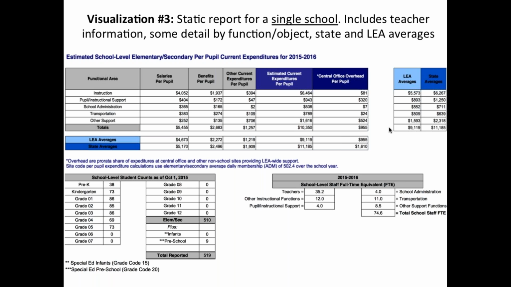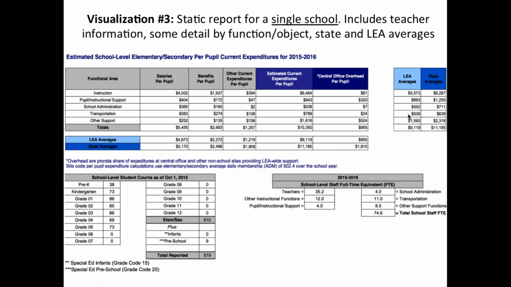But let's take a look at some of these questions. So this one's a single school, right? So it doesn't show all the schools in the district. However, it does give you the LEA average. They're up in the corner, and it gives you the state average. So there is a little bit of what's going on at other schools. So the first thing I would point out, though, how much does my school spend per pupil? And I'm not 100% sure I'm reading these right, but I think you have to sum the $10,000 figure, which is the expenditures per pupil, plus the central office one to get that number.